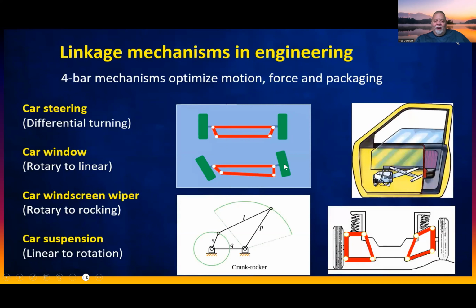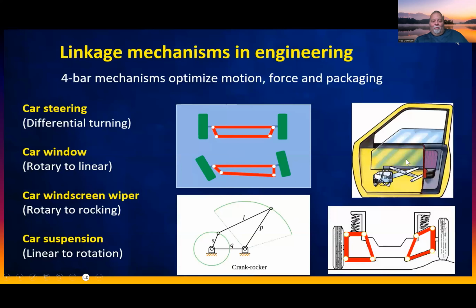Well, when you turn a car, if you're turning very sharply at all, the inside tire doesn't need to turn as fast as the outside tire because the outside tire has got to go farther around the pivot joint. And so this four-bar mechanism allows you to have differential turning. One wheel can turn faster than the other. That's a very, very complex system, and it's a complex design. It's not easily found or easily designed. Now, not only that, in a car, there are also several other ones.